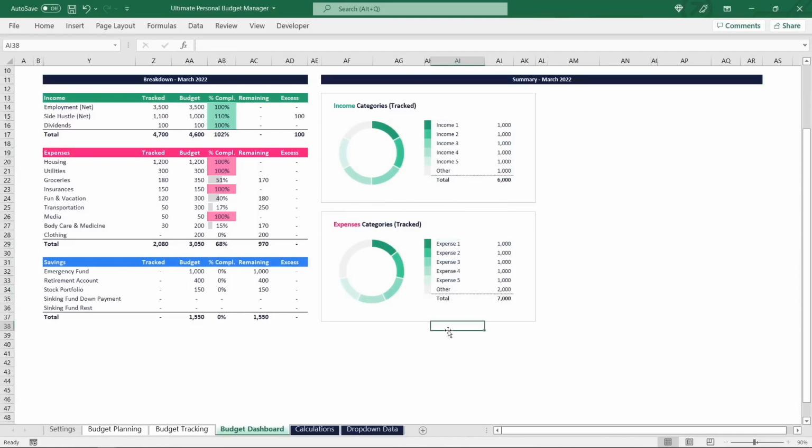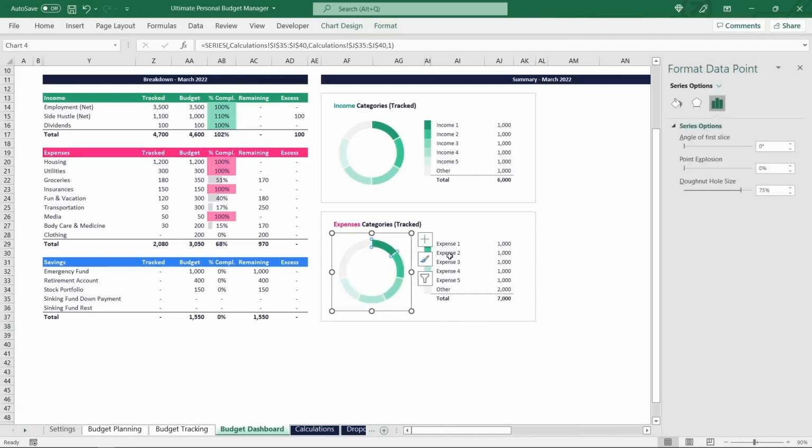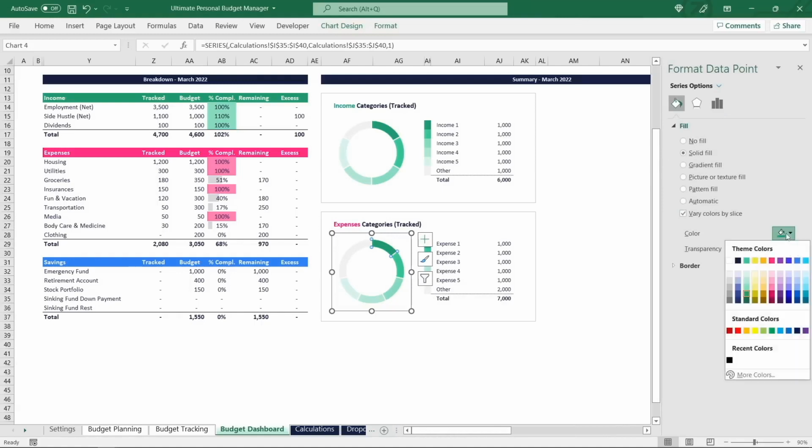Amazing! Now the only thing left to do is changing the chart and legend colors to the usual red color palette for expenses. For the chart, that means clicking onto every single element and changing the fill color to the corresponding red shade. So this darker red for the first data point,